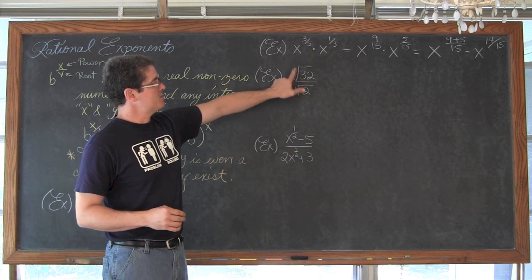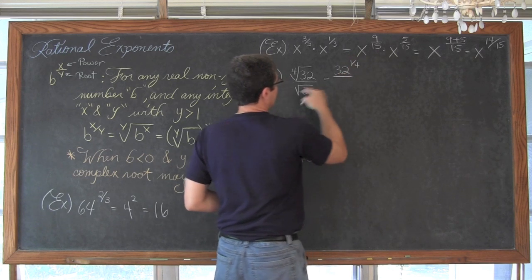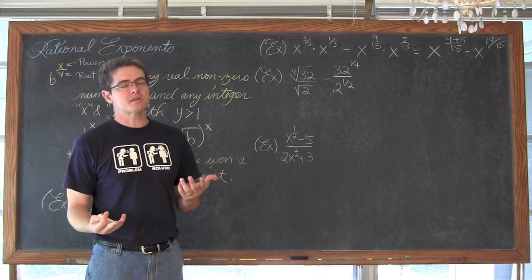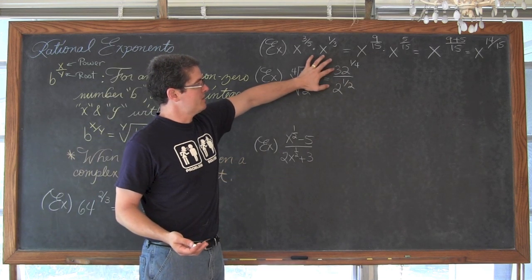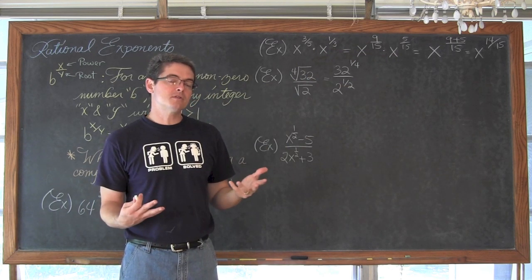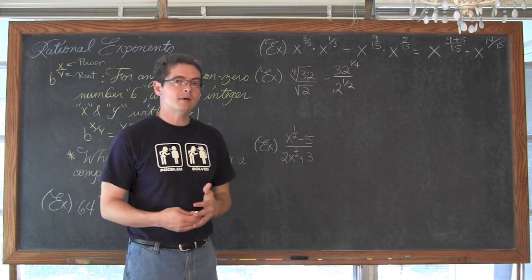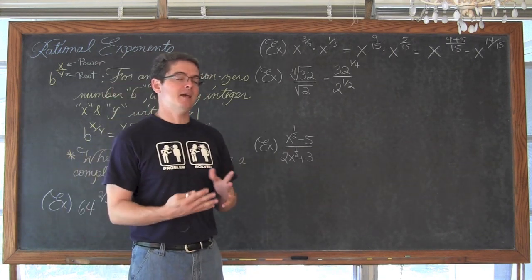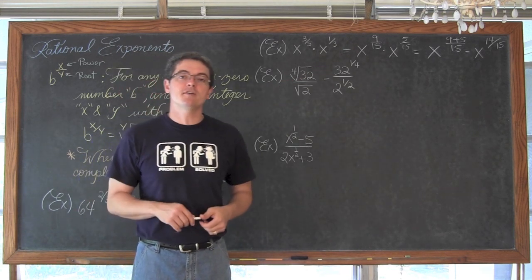Okay, so this is going to be 32 to the 1/4 power. And here we have 2 to the 1/2. So now we're dividing, but we're still not going to get those bases to go together. It'd be nice if we could say, when we divide like bases, we can subtract the exponents. So could we play around with 32 to be able to rewrite it so it does have a base of 2? How well do you know your powers in your multiplication? 2 to the 5th is equal to 32. So actually we can get the numerator to be written so it has the same base as the denominator, and that will allow us to simplify the fraction.